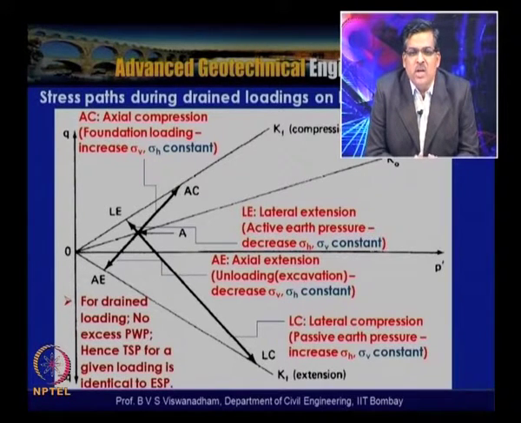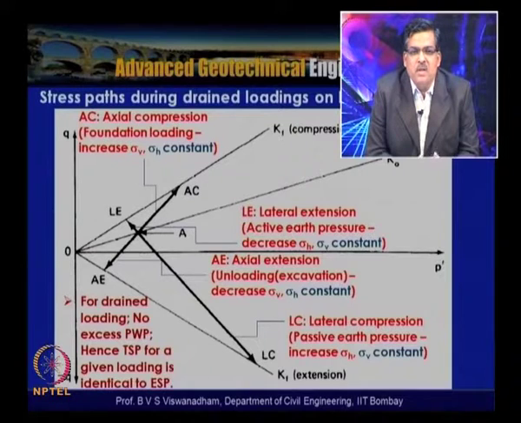This is indicated as active earth pressure decreasing, sigma h decreasing, with sigma v constant. Because initially the wall is in elastic equilibrium, with sigma h and sigma v related by K naught conditions,